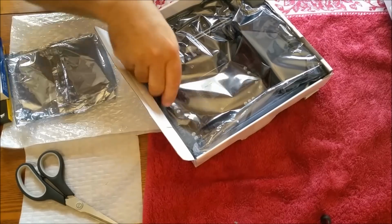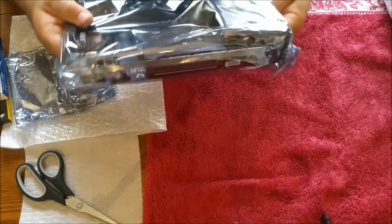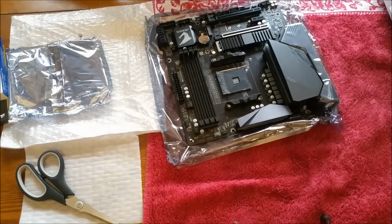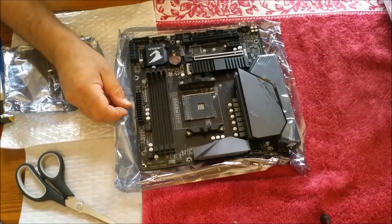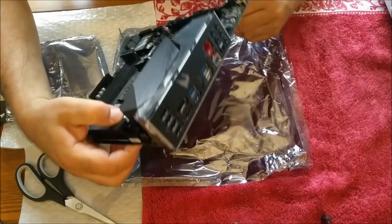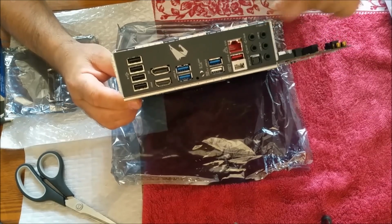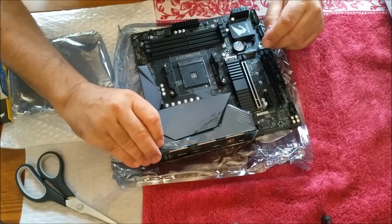And again, we need to earth ourselves. I should be using a static strap, but I just haven't got one. Perfect. Look at it go. Anyway, a couple of things. The shield is now built onto the boards here. So you used to get those plates with different configurations for different boards, with motherboards and also with cases that quite often bundle them in there. This one's all integral with the board itself, so we can just take that tape off